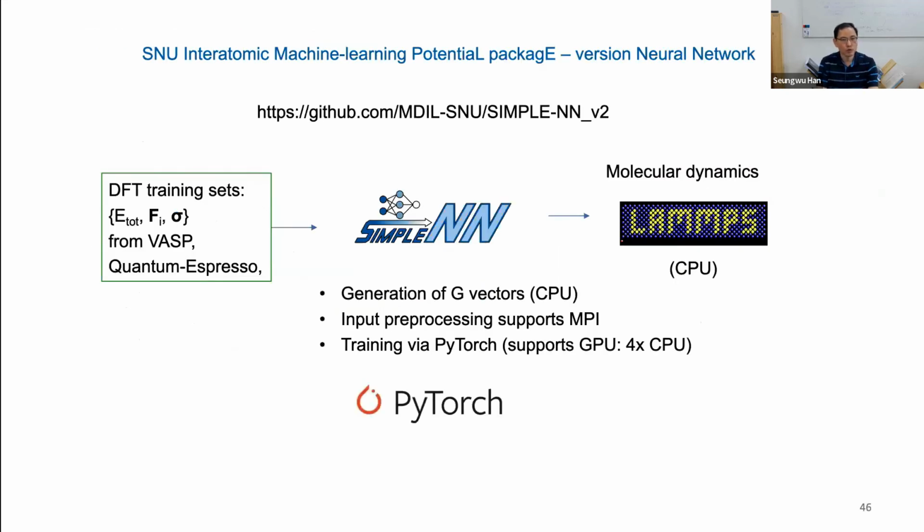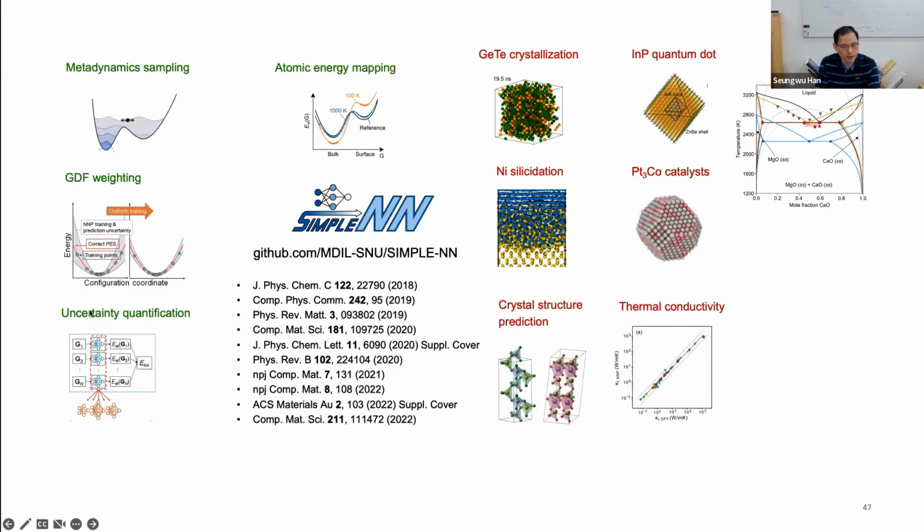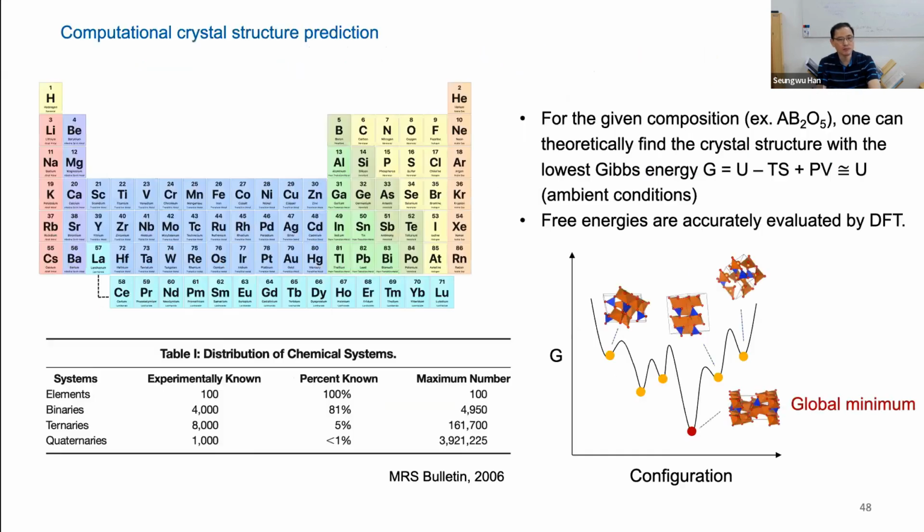So, in our group, we have developed our own package called SIMPLE-NN for the training and also the executing. The simulation is made with LAMMPS, but we provide an interface between our package and LAMMPS, and we have been developing some of the fundamental methodology and also various diverse applications. Some of the applications that I have shown actually made use of the machine learning potential. Okay, and for the last amount of time, I will show you